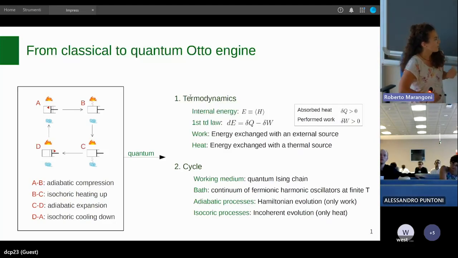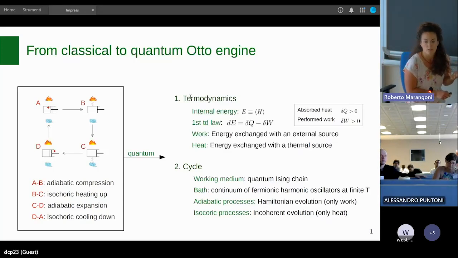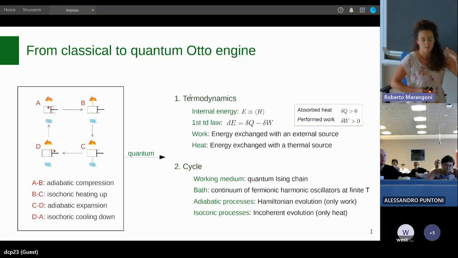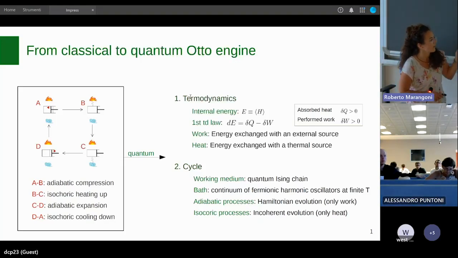We had some trouble. In fact, while for a classical system the compression is well defined, for a quantum system it's not so easy to define a compression. If you consider, for example, a qubit that has two energy levels, you can compress the system while changing the ratio between the two energy levels. If you take a system like a quantum Ising chain that is a many-body system, the spectrum is so complicated that you cannot easily define a compression.